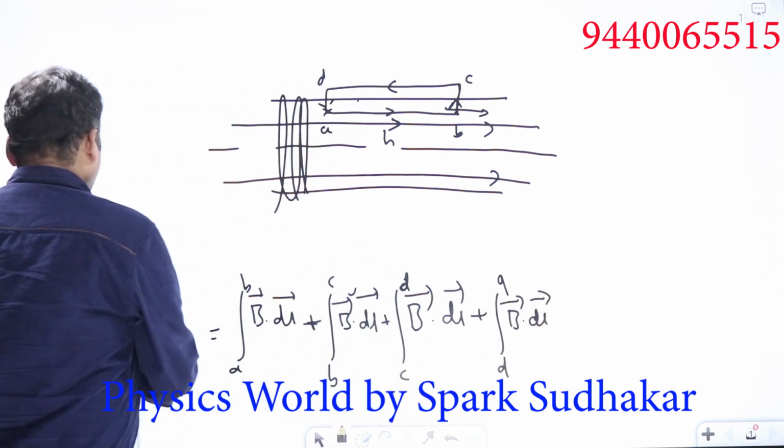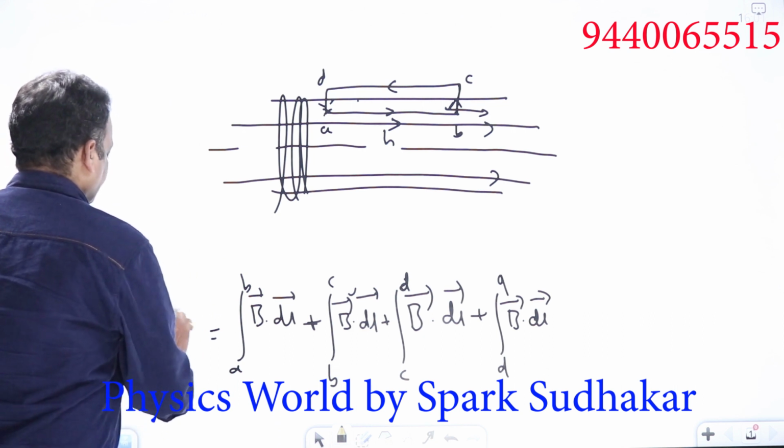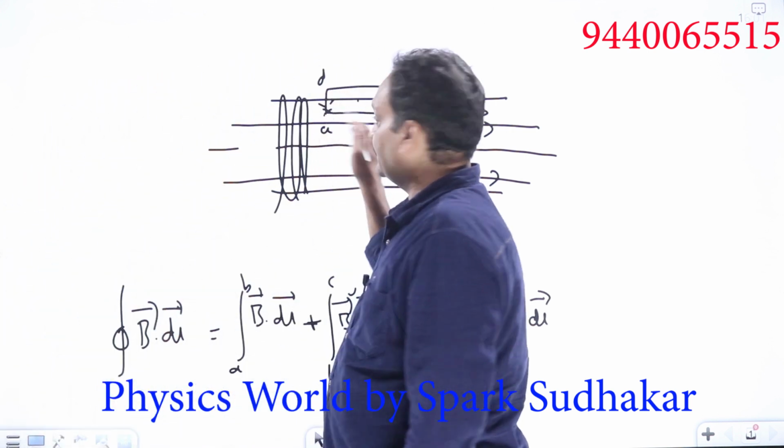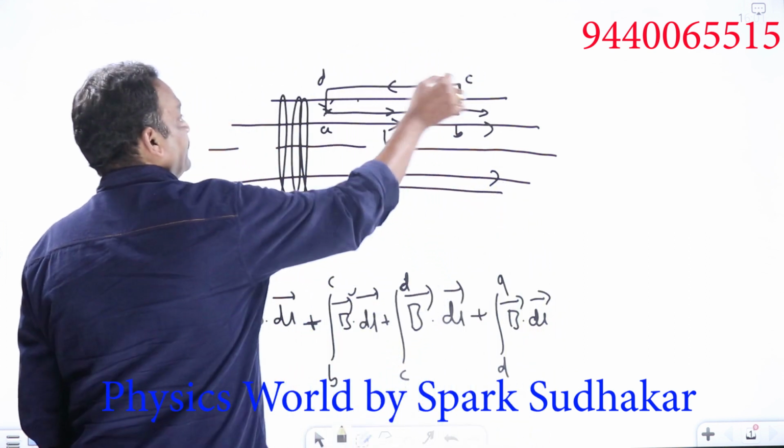Because B bar and dl bar have different angles in the 4 different segments of our Amperian path, I have split it up into 4 parts like this: A to B, B to C, C to D, and